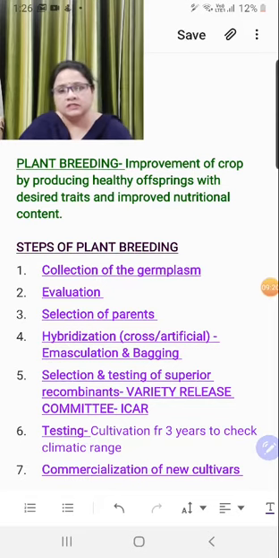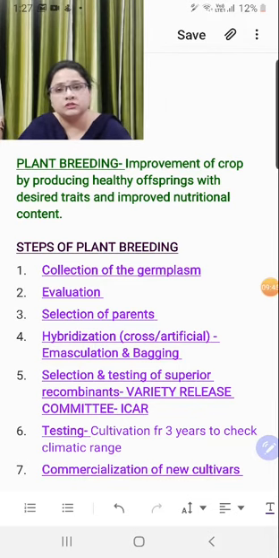Right, children? All these headings are very, very important, so just take care and learn them. I just have to conclude this video with one point. The first point is collection of germplasm, where you are trying to see the variation in individuals of the same species, and if you are not finding those variations, you can induce them by mutation breeding.